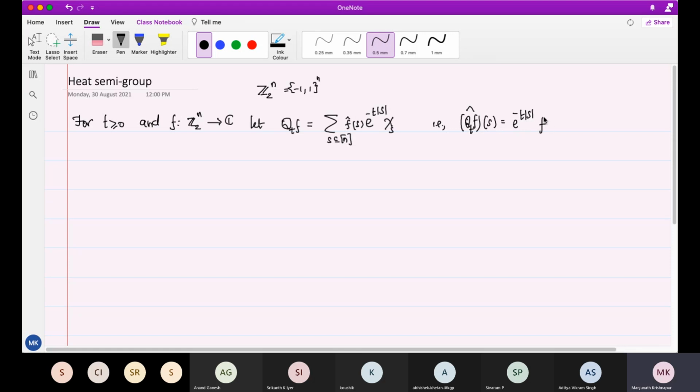e to the minus t times mod s times f hat of s. The Fourier coefficients decay in this fashion. Okay. Well, if so, what you'll see is that in fact it doesn't always decay. So note, what is this actually? So Q0 of f. Q0 is just the identity. That is, it starts with the identity operator, and as t goes to infinity,